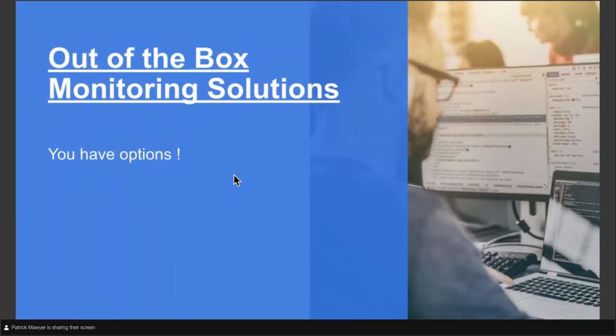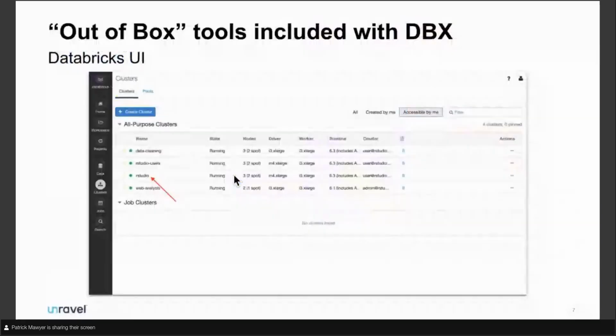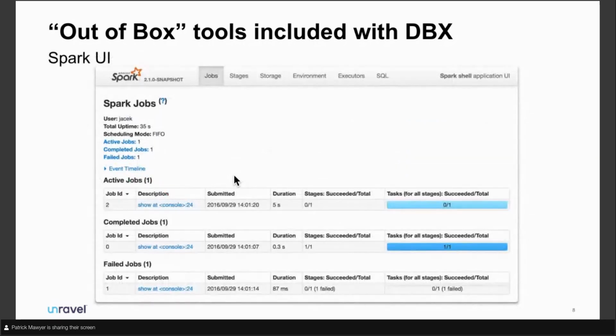So when you want to optimize your jobs, you're going to have monitoring solutions in place. There's a few options out there, starting with out-of-the-box monitoring solutions. In Databricks, your out-of-the-box tools are going to include the Databricks UI. From here, you'll be able to see what clusters you've spun up in Databricks, DBU usage, that sort of information. If we want to talk about specific jobs, the information there we can get from Spark UI. It's our second interface. Look at the jobs, look at the stages of jobs, tasks, get some general skewing, quartiles,